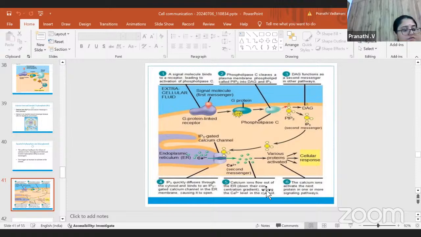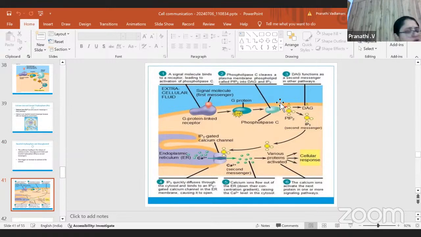So you have different kinds of signaling molecules. When it comes to that, DAG and IP3 are secondary messengers again. Whenever secondary messengers, which are kinases, come over, you can have IP3, which is inositol 1,4,5 triphosphate, and DAG, which is diacylglycerol. They act upon the cytosol. Again, activation of phospholipase C is happening, because of which cleavage of the phospholipid PIP2 takes place, which is